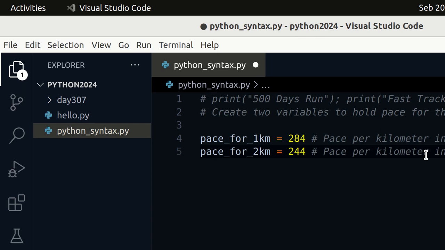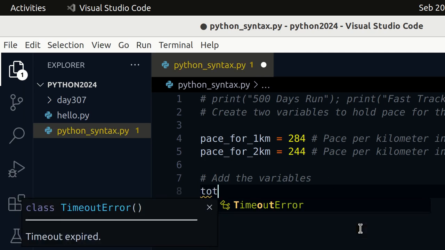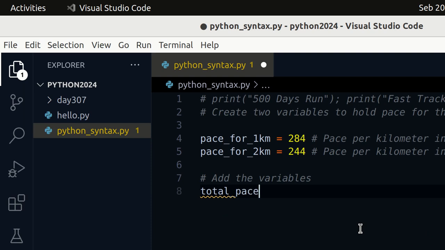Now if we create another variable to get the total seconds, so if we say total pace is equal to pace per kilometer for the first kilometer plus pace for the second kilometer.